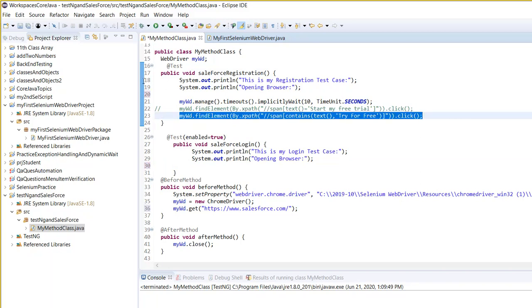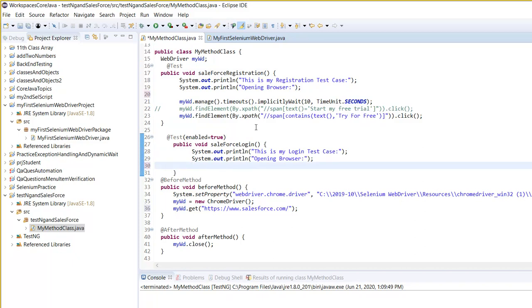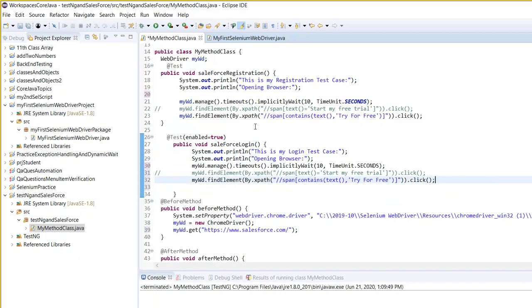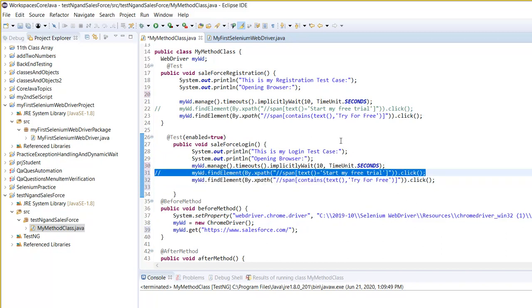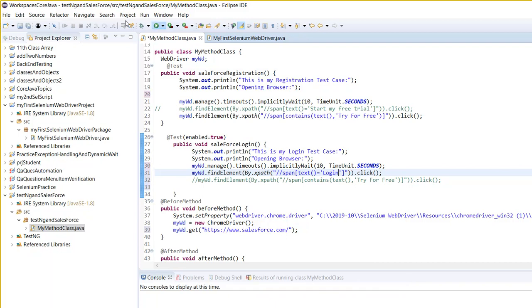I'll have to put the timeout, make sure, otherwise it will not work. And then in that cells for login test case, I'm going to come here. Now let me remove this. Actually, let me comment out this. Let me bring that back. And here, span text equal to what? Login. Right? So now, if I execute both of these test cases,